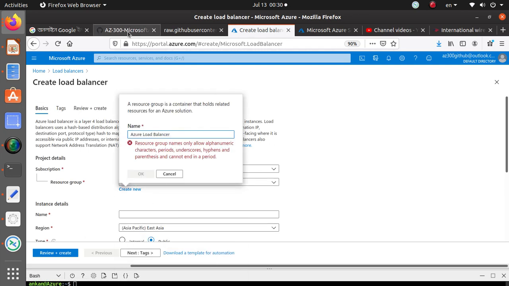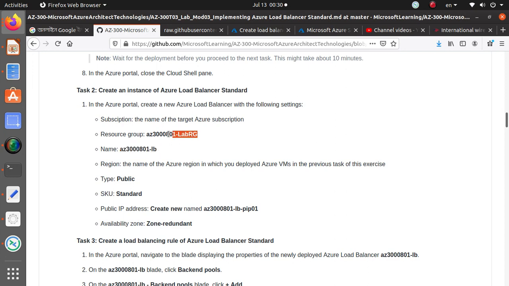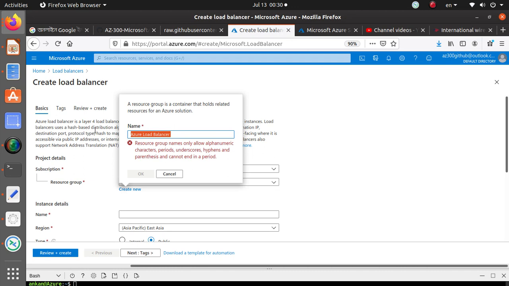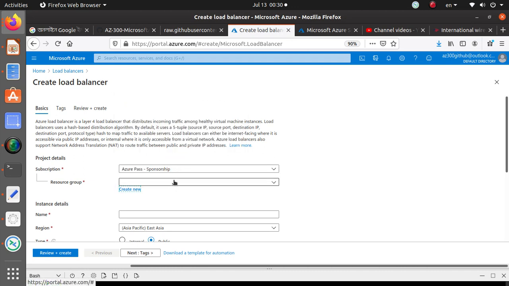No, load balancer. It looks like it could be the same resource group. We'll know in just a second. Yeah, so resource already exists. So this is the same resource group. So within this one, we're gonna select that one, and